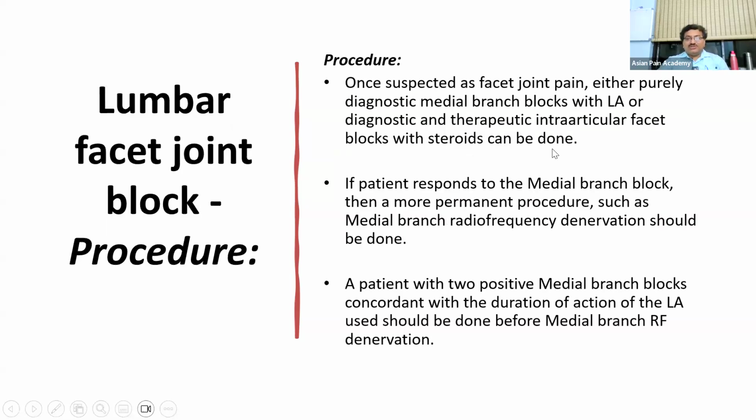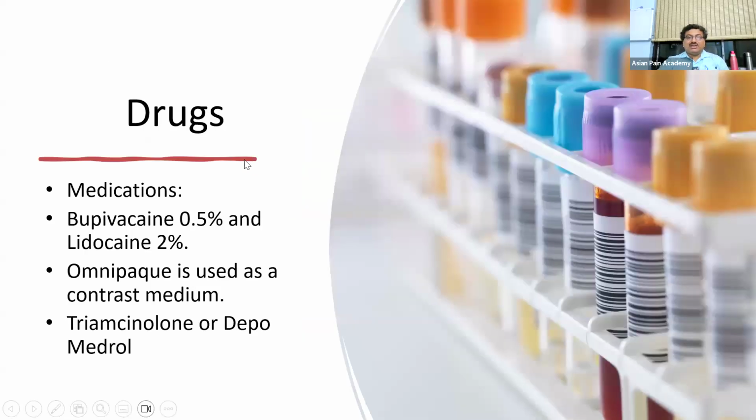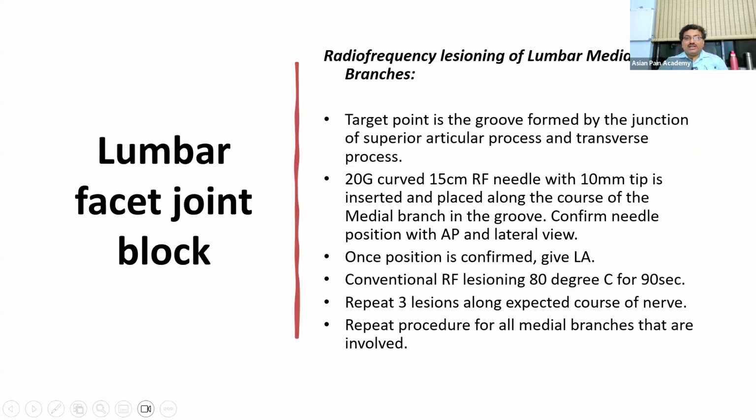My procedure will be demonstrated, so I am not going into it too much. It is basically putting the needle either inside the joint or near the medial branches, and then you have to inject the drugs. Usually in our setup, we prefer 1% lignocaine, 0.5 cc inside the facet joint, or sometimes it is mixed with Depo-Medrol, approximately 5 milligrams, to give a therapeutic benefit along with the diagnostic block. So these are the techniques, not going into detail because the details will be discussed by